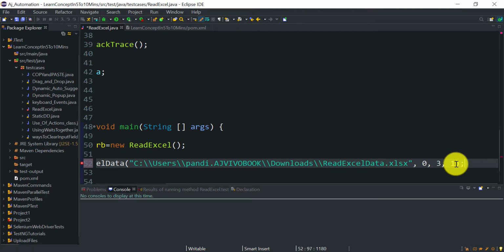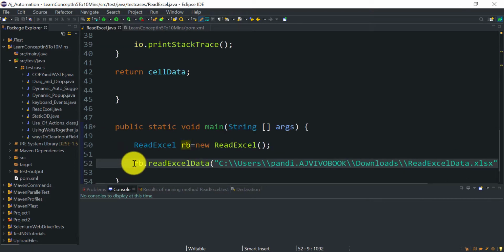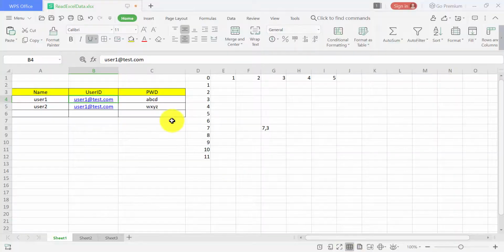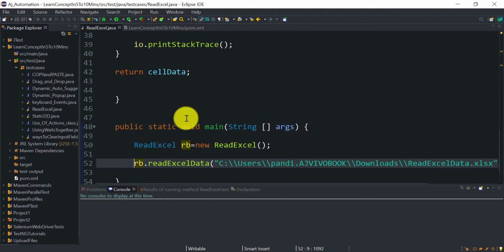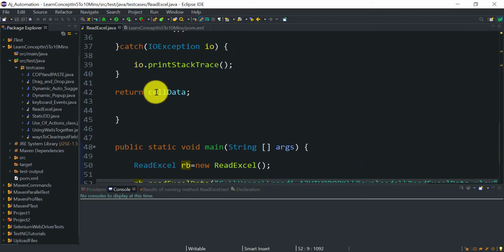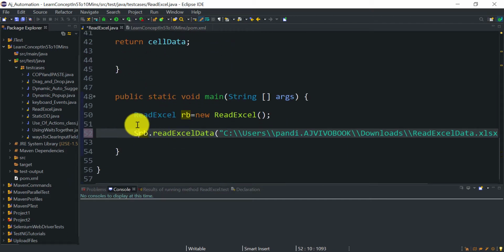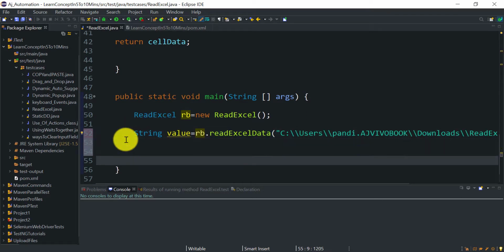So we should get that user1@test.com value as output. That value will be returned by this method, this cell data, and we will store it here in a String, let's say value, and just print that value here.